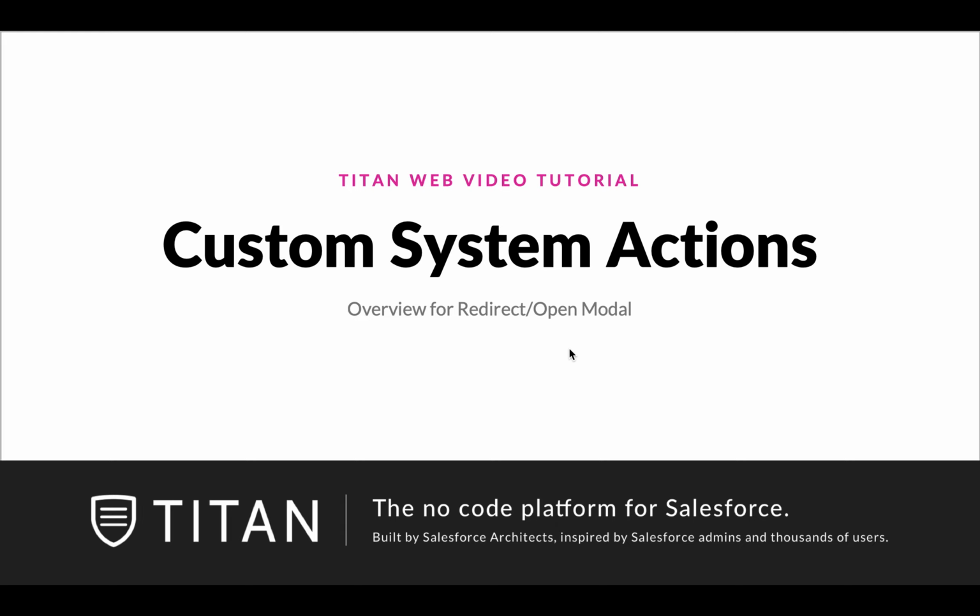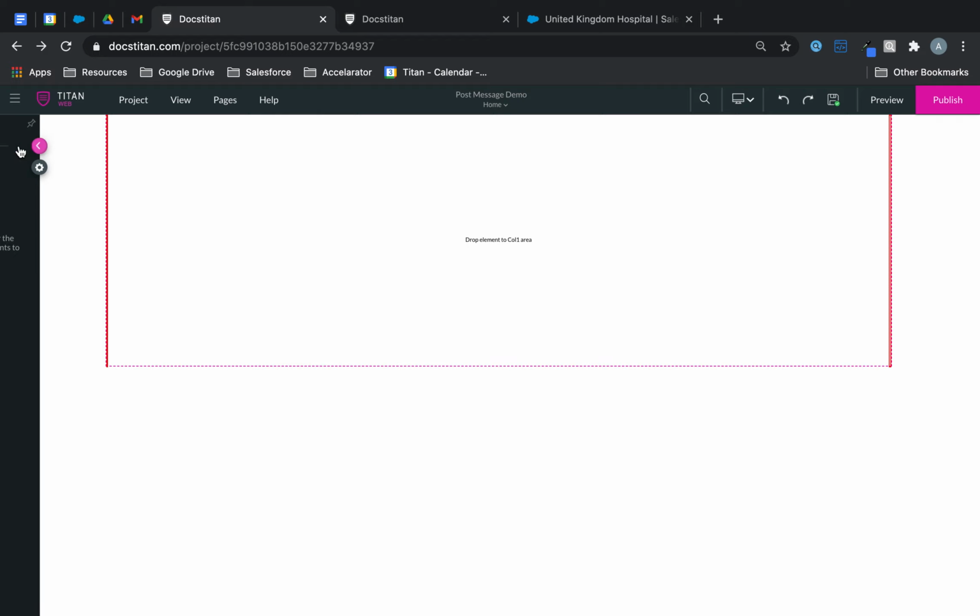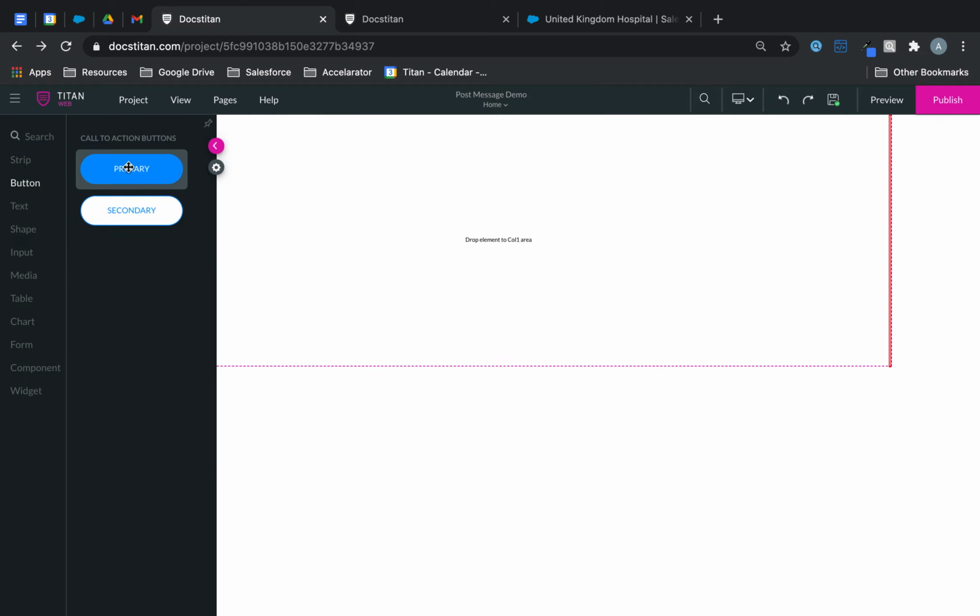Another video. This video will show you the overview for redirect / open modal. So here you can redirect to a website or directly to another form and also pass parameters through with this functionality. The way it works, and I'm going to keep this really simple, let's say we get a button,